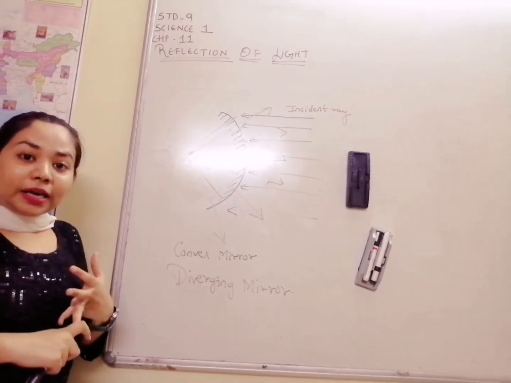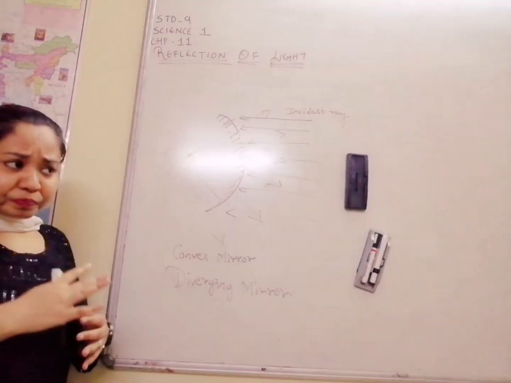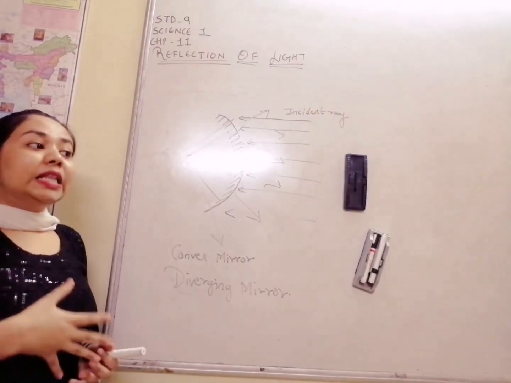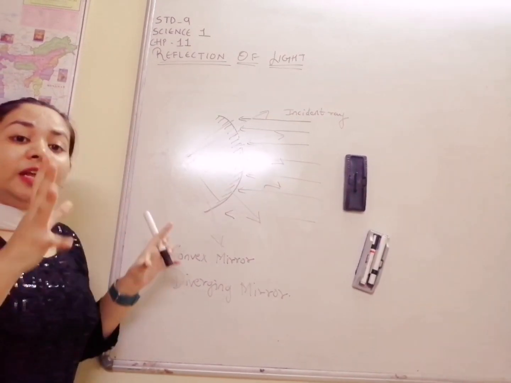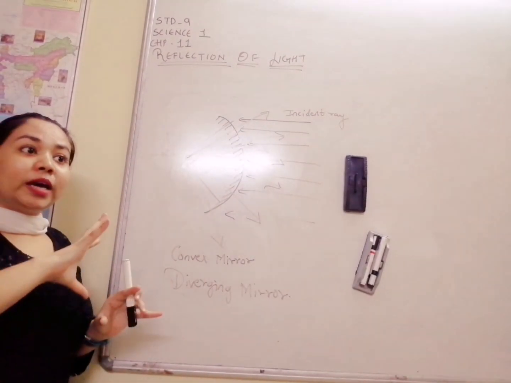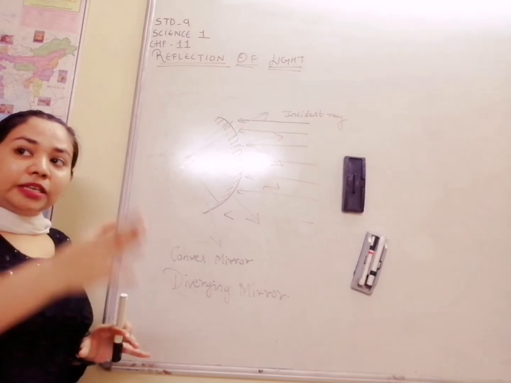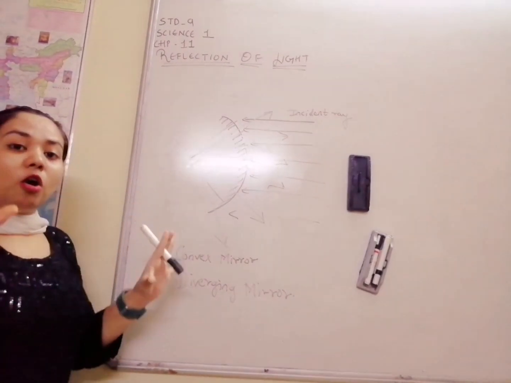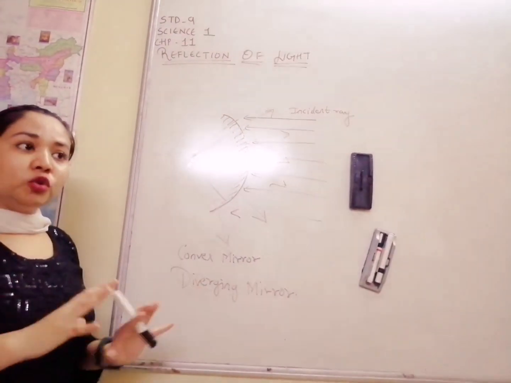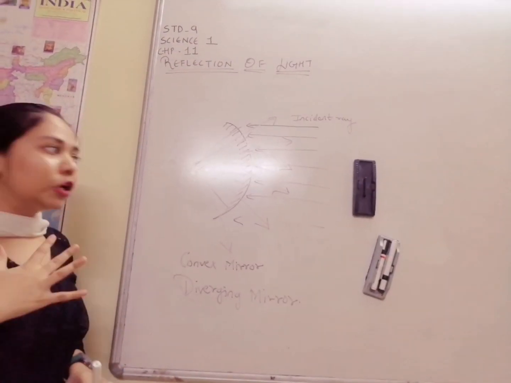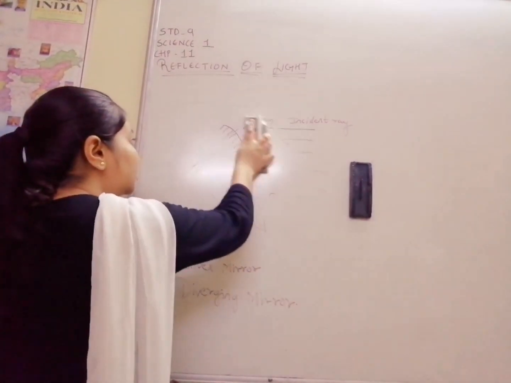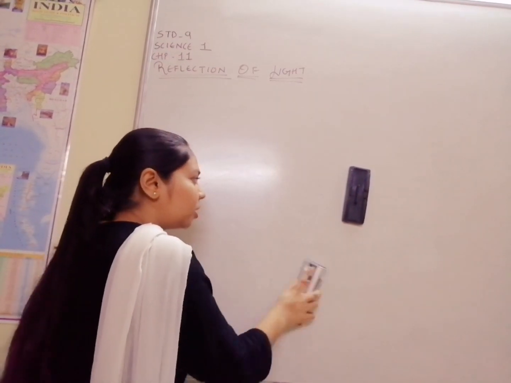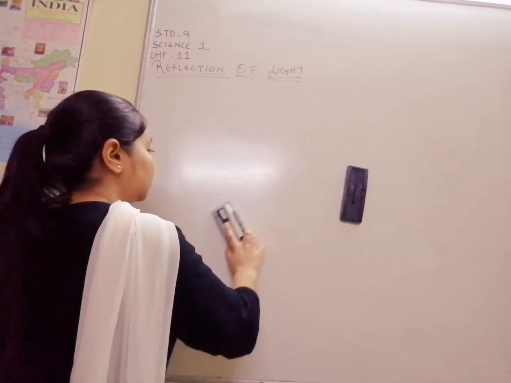If you can't see the parking lot, where there is space to park the car, where is a vacant place to park the car, then at the entrance only they put a very large convex mirror, so that you can see from the gate itself where the vacant place is and where I can park my car. So there is a big convex mirror placed in front of it, so that you can see your position and park your car. Okay, so this is how the two mirrors have their applications, because of their converging and diverging nature.